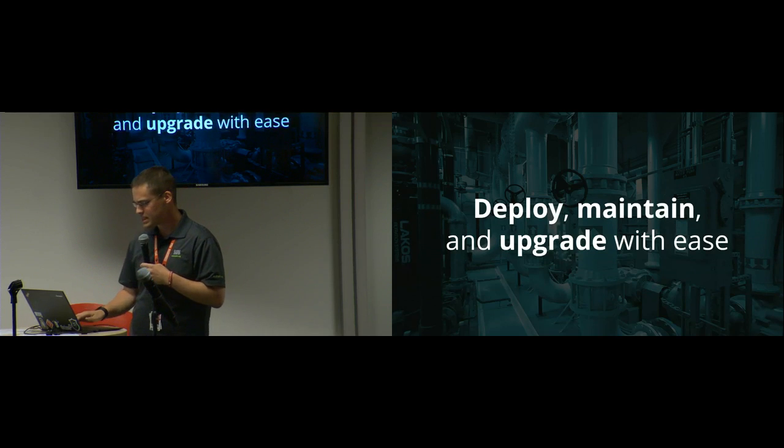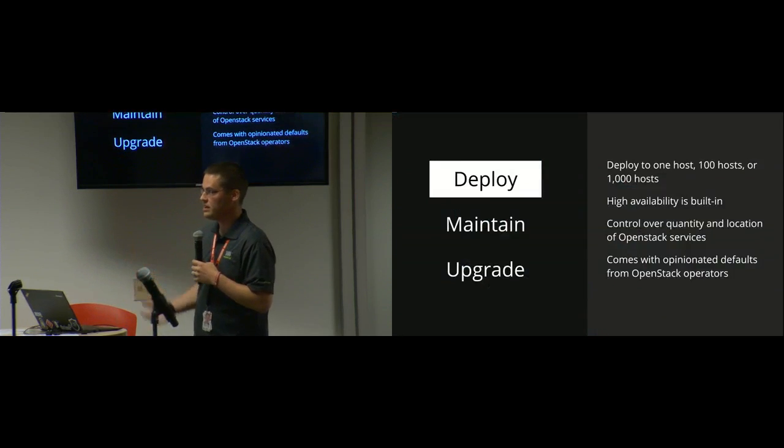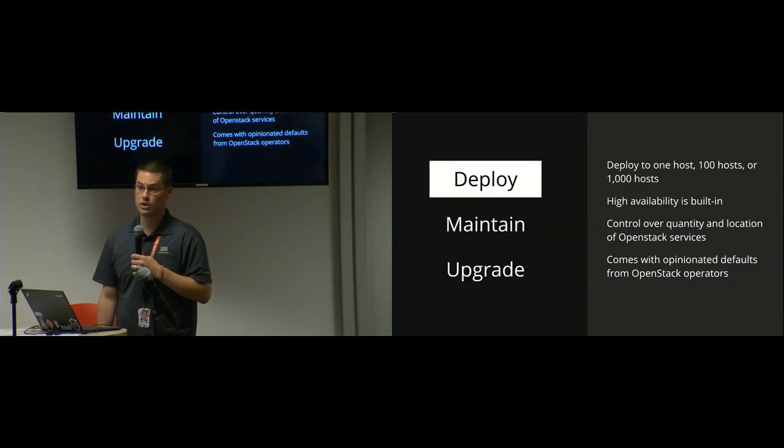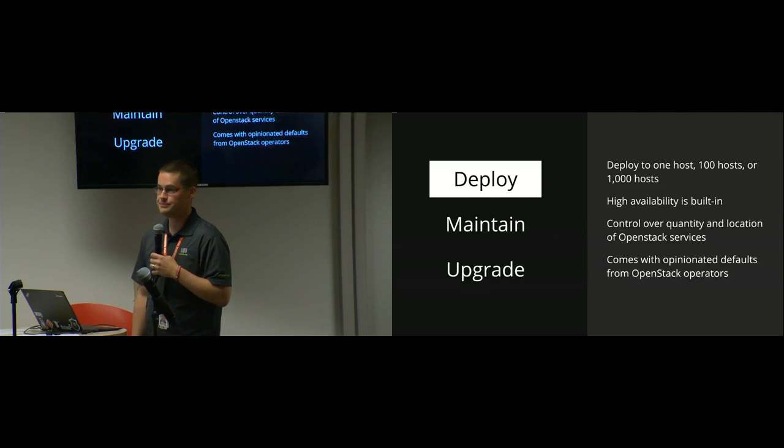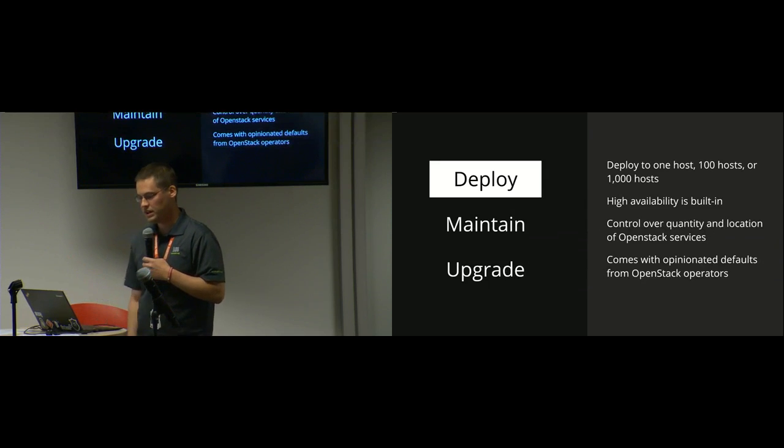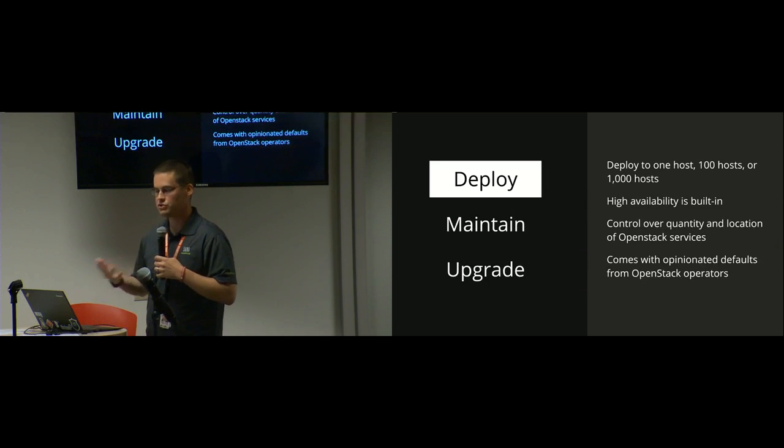So on the deployment side, as I already said, we use it to deploy the OSIC cluster. You can deploy it on one host as long as you have 8 gigs of RAM and about 50 gigs of disk. You can actually do it all on one machine. High availability is built in. So you can have your own load balancer, or we'll provide one, HAProxy, that's HA with Keepalived. And then also we have the L3 high availability turned on. So if you have Neutron doing DHCP server and routing and that kind of thing, we go ahead and turn that on by default. And as I said before, it comes with the opinionated defaults, but you also have control over what you want to do.